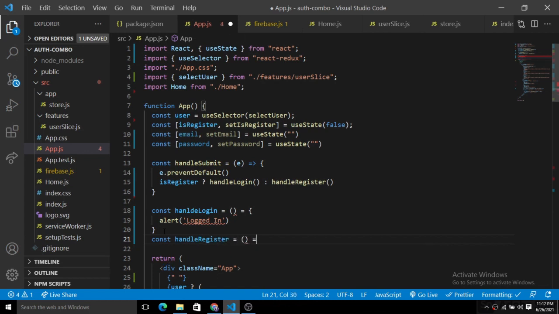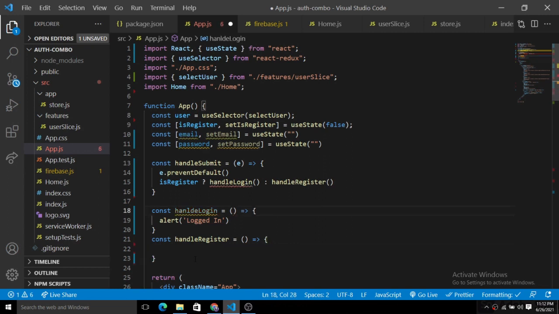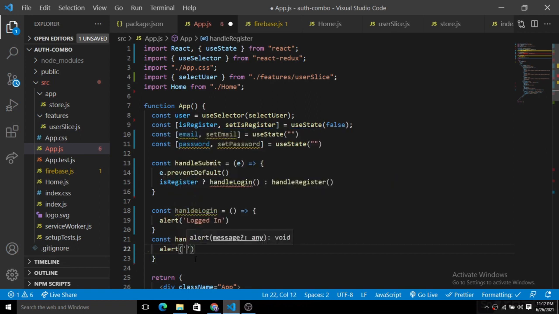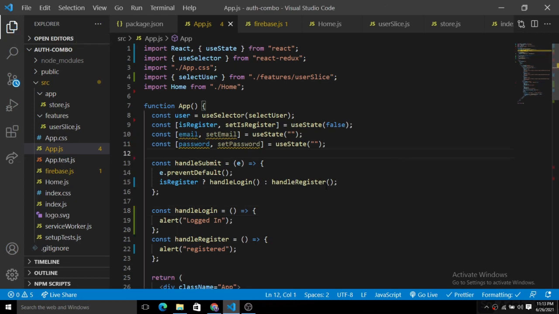Just create the arrow function there, and here, for testing purposes, we put registered. Let's test whether it is working or not. Okay, it is handleLogin. Let's put that L here. Oops, yeah, it is now correct. Initially it was misspelled, right? Okay, so now let's save this.